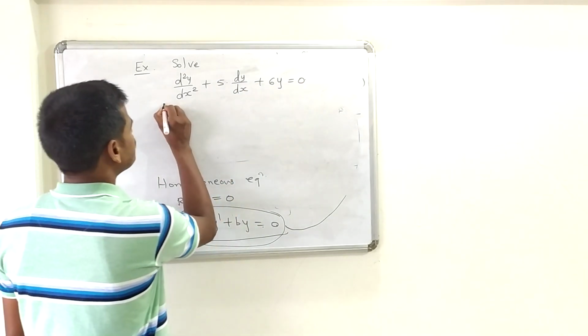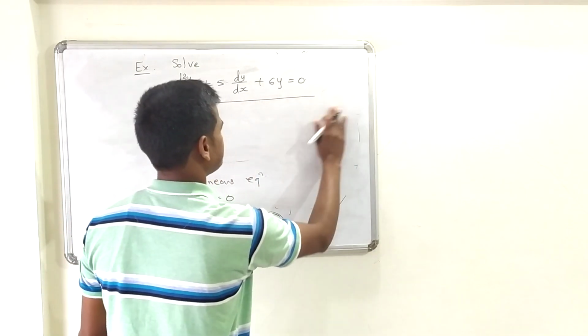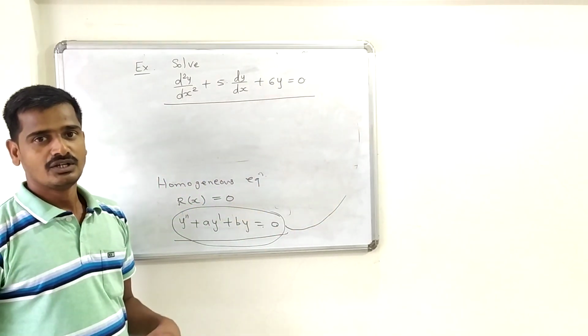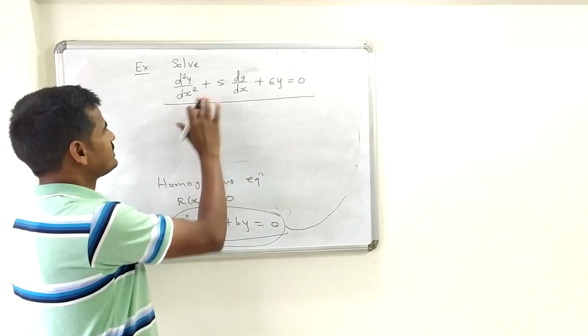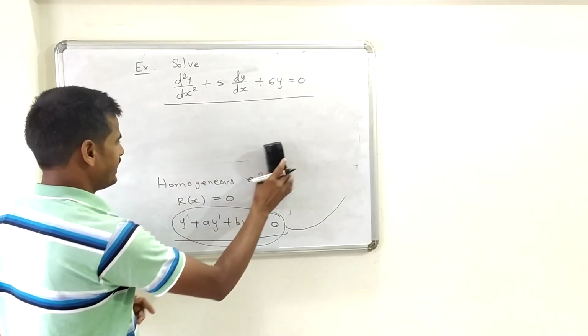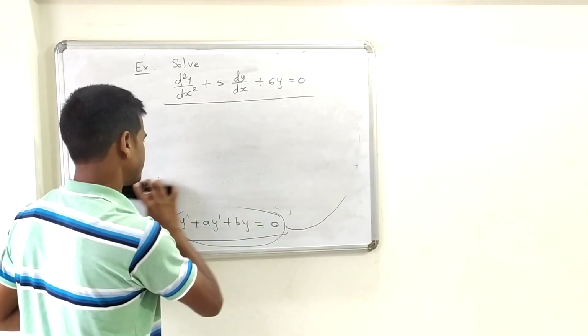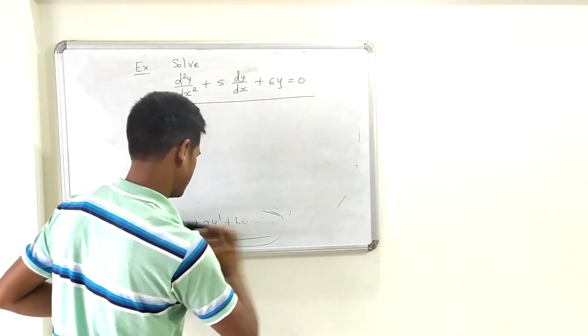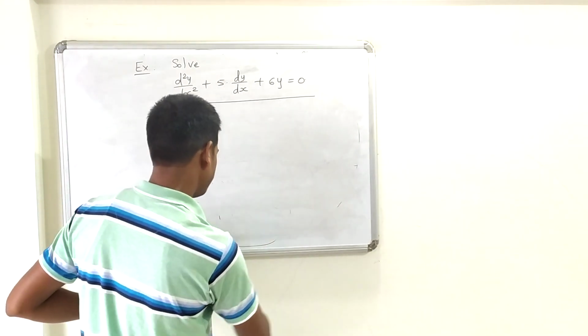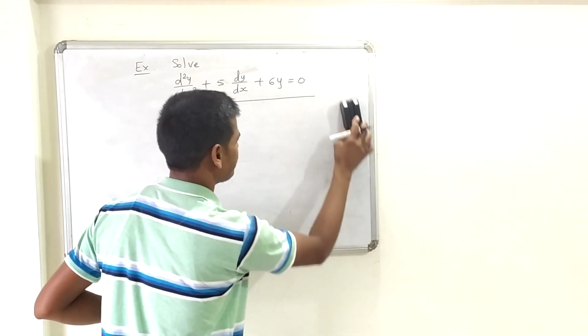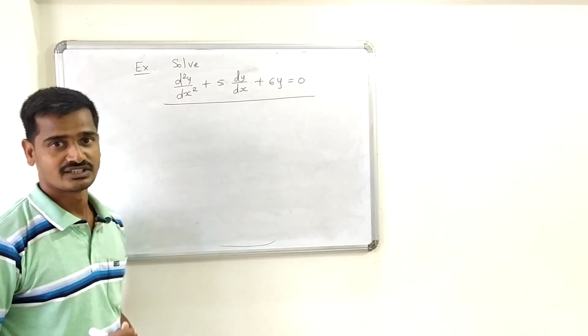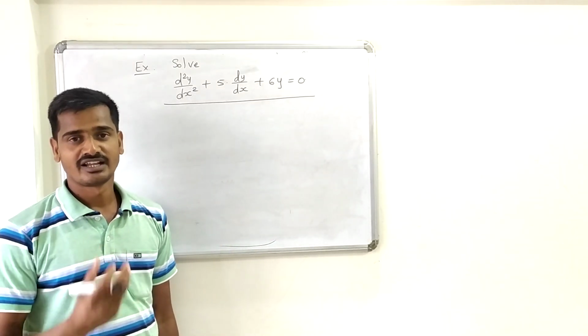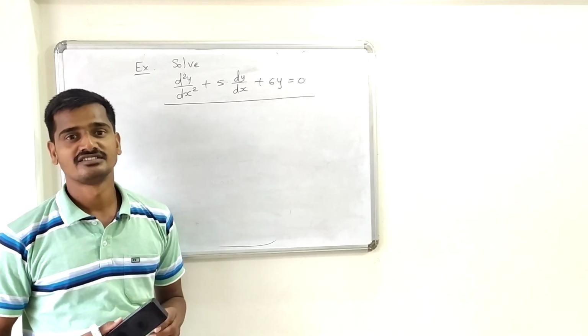Now how to find the solution of this differential equation? That is the question in front of us. So look at this differential equation. We will find its solution using the trial and error method. Now what are the elementary functions which are the possible solutions of this differential equation? Exponential function is there, logarithmic function is there, trigonometric functions are there.